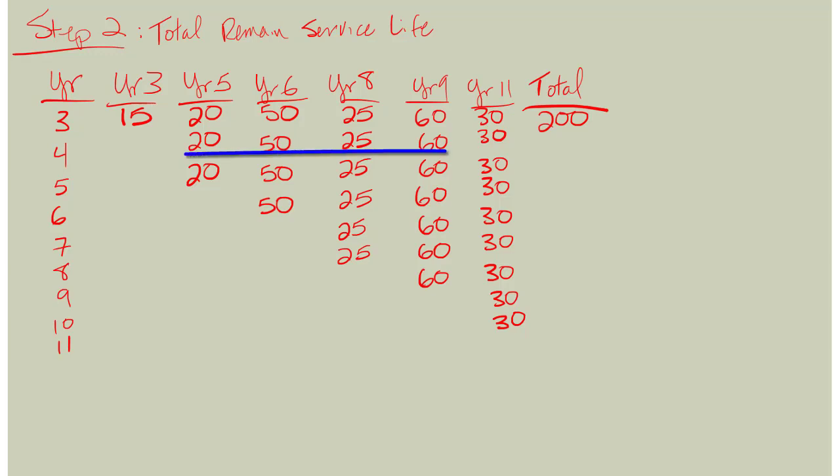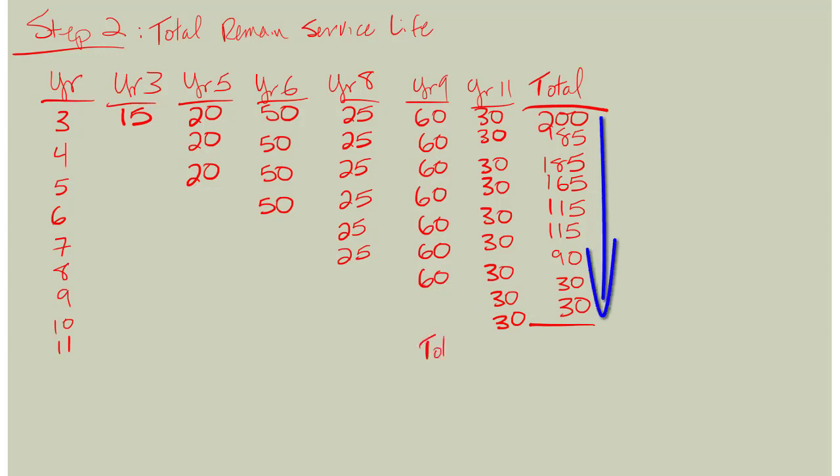Let's see, if I keep adding, I have 185 and 185. Then we drop to 165, and then 115, and 115, and then 90, 30, and 30. And if I add these up, I get my total remaining service life. And that comes out to 1,115. And that's step 2, is to figure out how many years of service I'm going to get out of